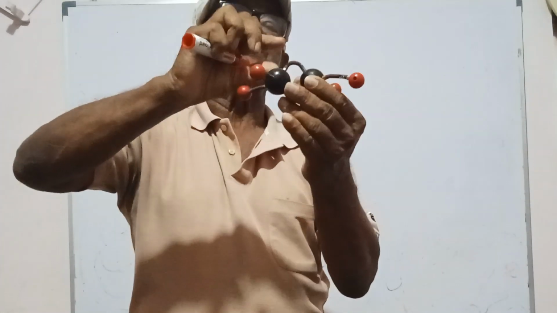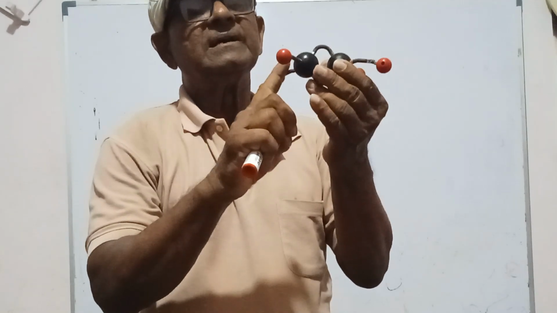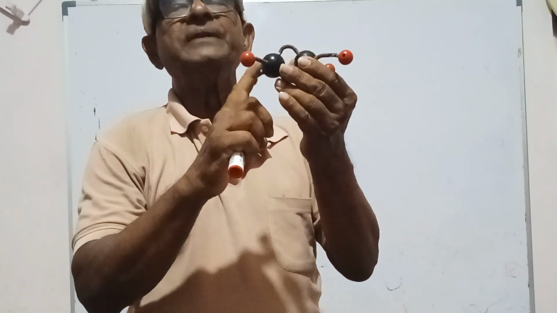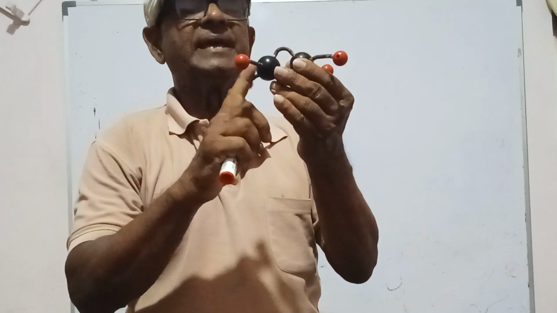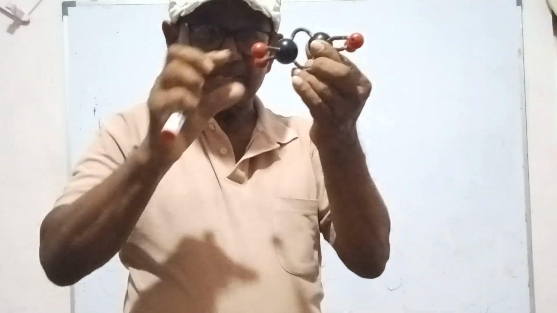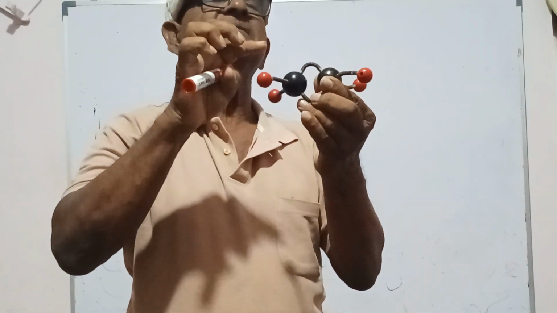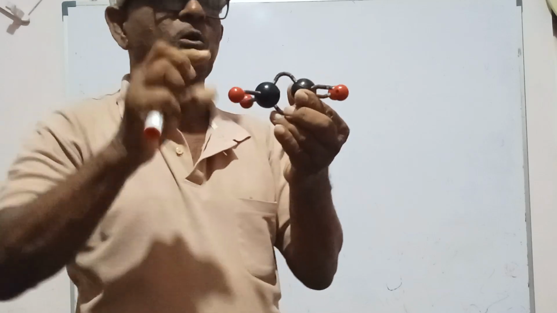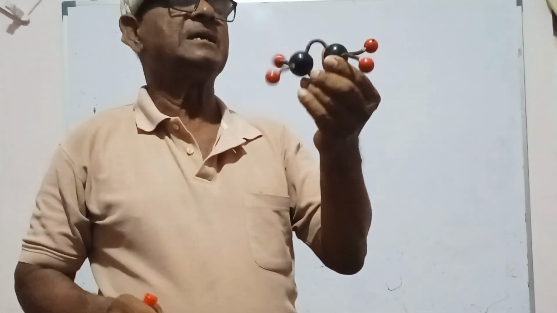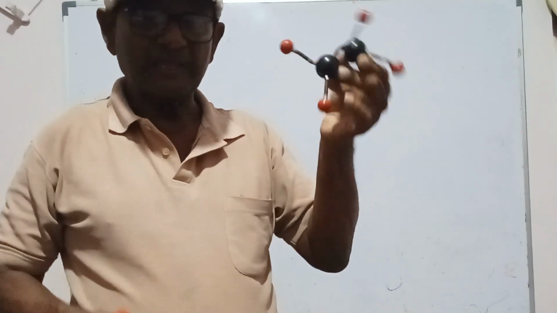The pi bond is also between these two atoms. What is the angle? 120. 120 angles. Right? This is the simplest molecule formed from sp2 hybridized atoms. What do you call it? Ethene. Right? Then, today,